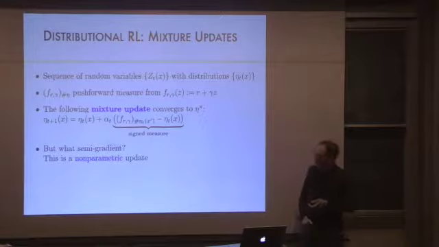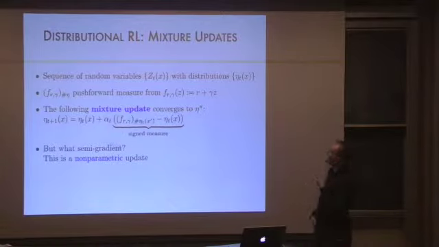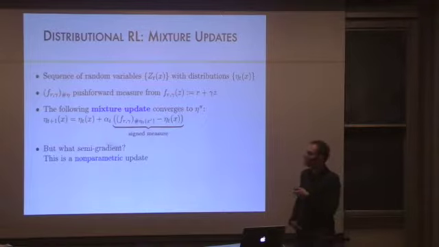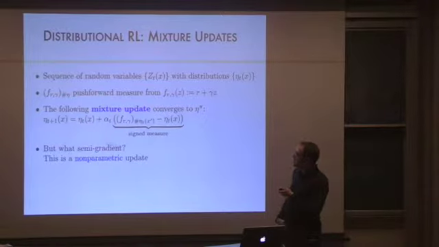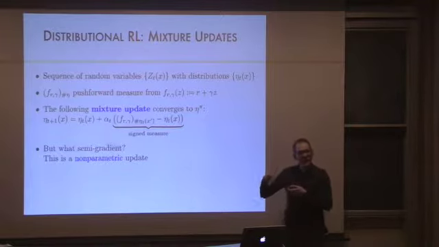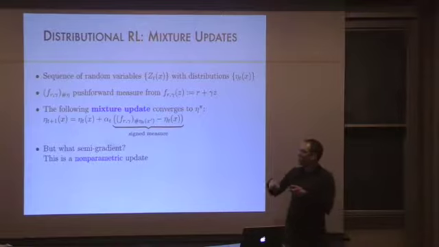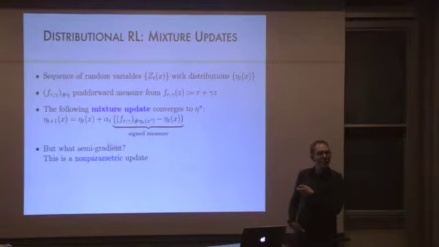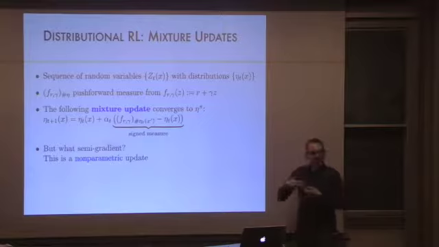Okay? So now we're going to look at a sequence of random variables, Z_t, and we're going to look at a stochastic update rule for these random variables. It makes more sense to look at the distribution rather than the random variable. Now it turns out that if you apply this mixture update, where you sample a next state starting at x, and sample the reward, and you pass your prediction about the value of the distribution at x prime through this push forward measure, and you take a step in the direction of the measure,